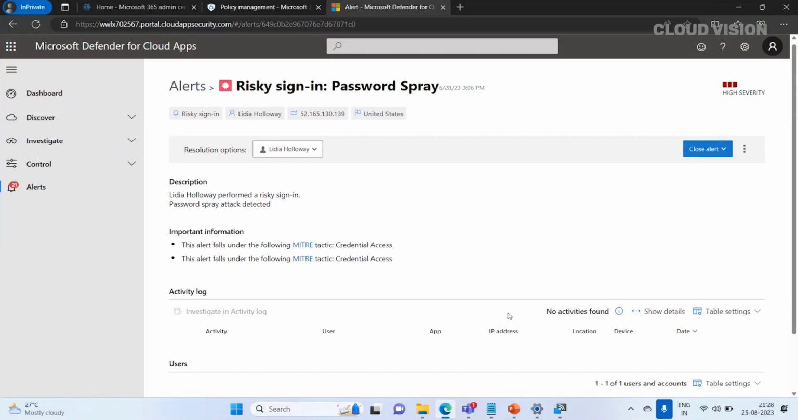Once you identify this, you can choose to mitigate these alerts. You have to classify the alert as a false positive, a benign true positive, or a true positive. So that's how you can work with the Defender for Cloud Apps portal, and this will help you to implement